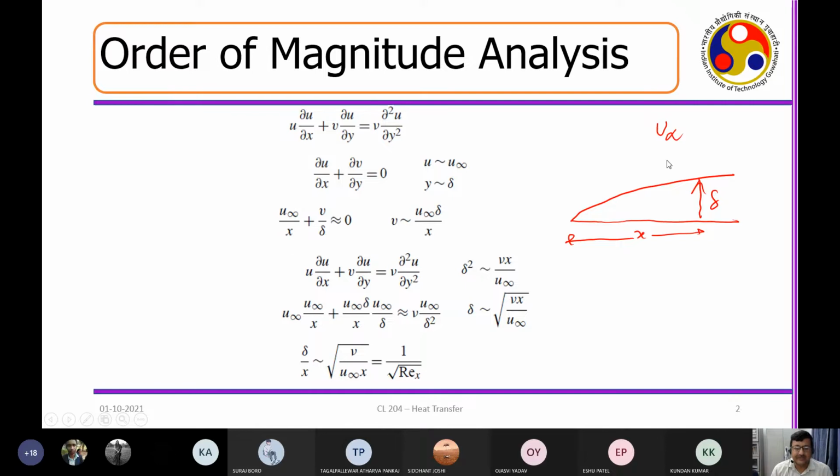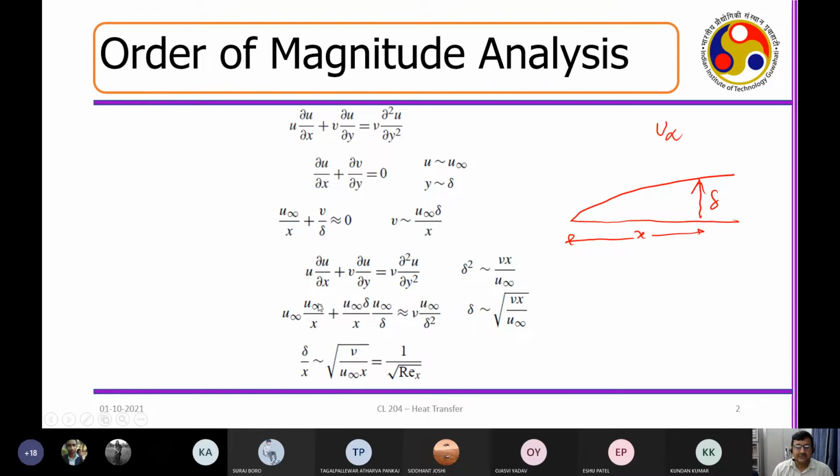Now I go to the momentum equation. So what is my momentum equation in steady state? u del u del x, this is the convective acceleration term, plus v del u del y. This is the x momentum equation I have taken. And that is equal to nu, which is the kinematic viscosity, mu by rho. The rho was here, I took it down here to make it mu by rho, del square u by del y square. So here again, I plug in these values, what I got from u, y, v, and x.